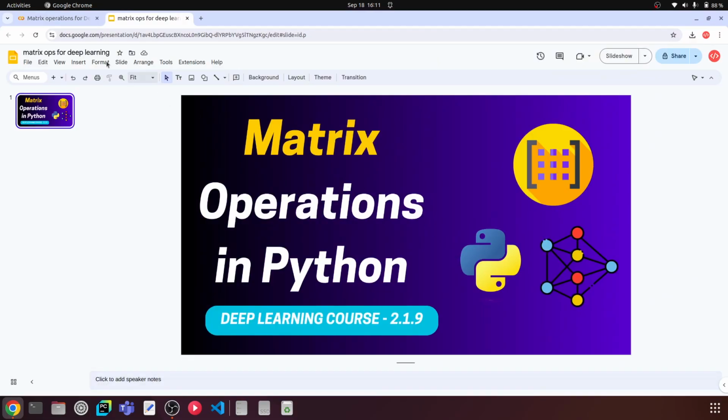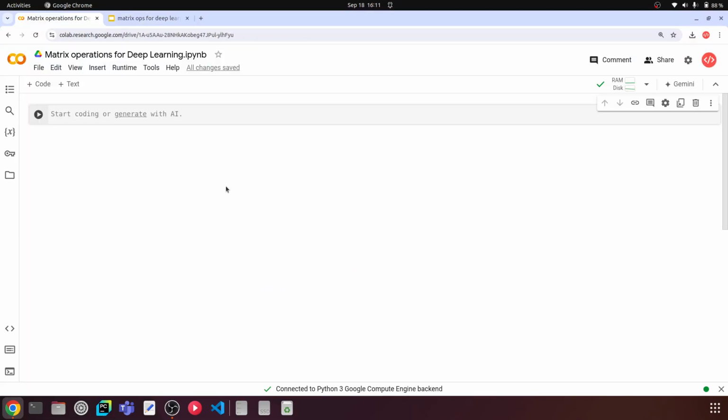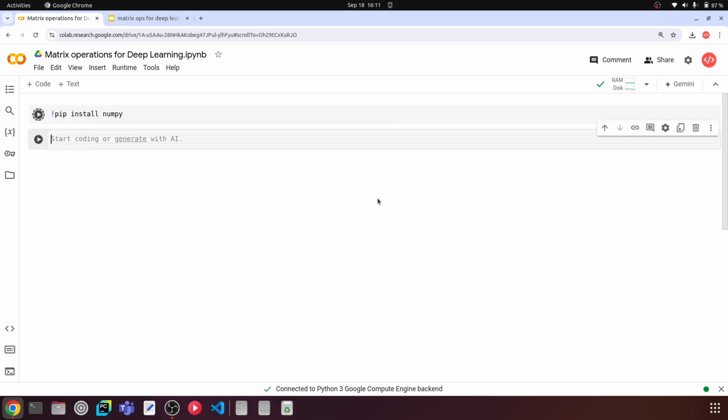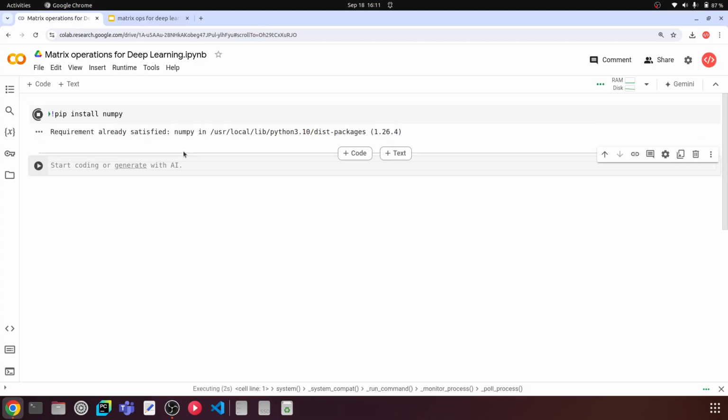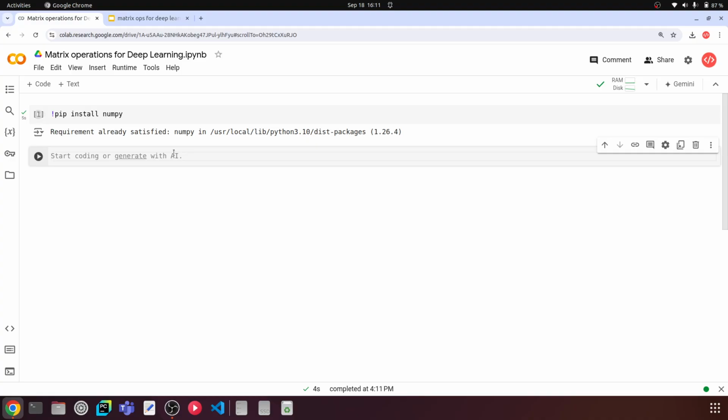So for running this code, let's use Google Colaboratory. I have my Google Colaboratory connected already. The first thing that we are going to do is work with NumPy. If you are working in your Jupyter environment and want to install NumPy, you can simply run pip install numpy. In Colab, we know that it's already installed, so it's going to say requirement already satisfied. If you are running this on a different environment, you can install this NumPy library. So the next step is we can import NumPy